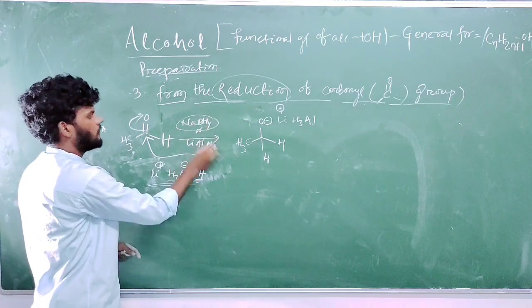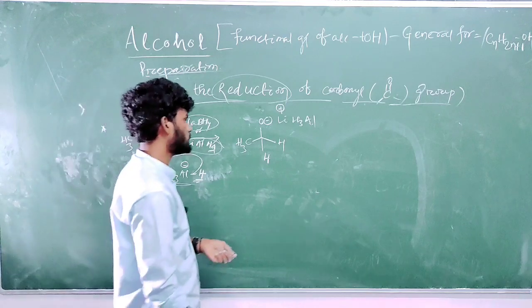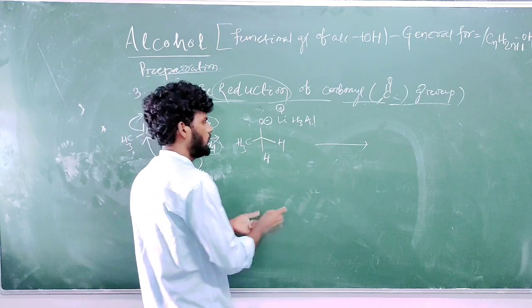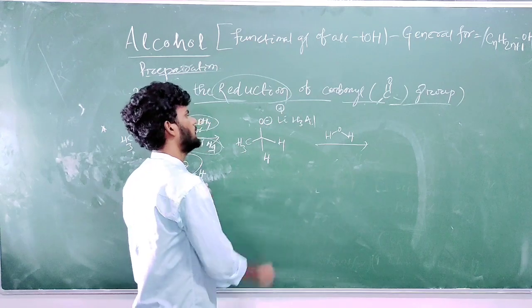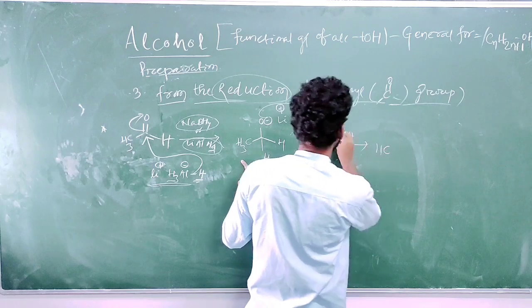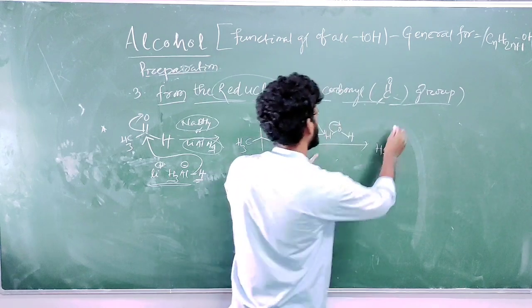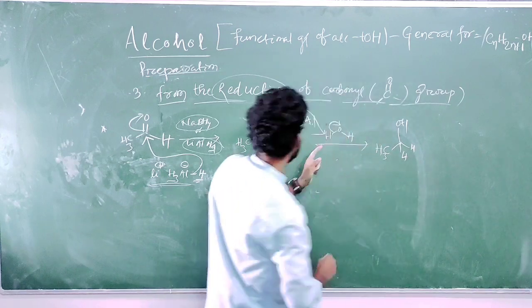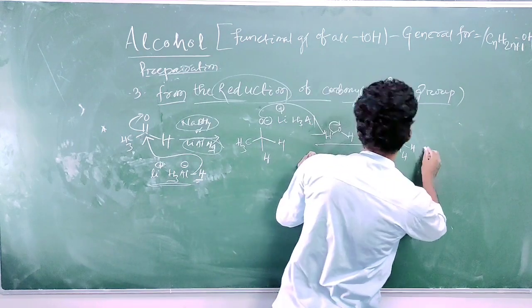Either you can take sodium borohydride or lithium borohydride. Only the hydride ion here is the nucleophile. In the next step, add a water molecule. The O minus ion takes the hydrogen from the water molecule, and it will form CH3CH2OH. What is the remaining part? Lithium plus H3Al, here is OH minus. So what is the remaining?